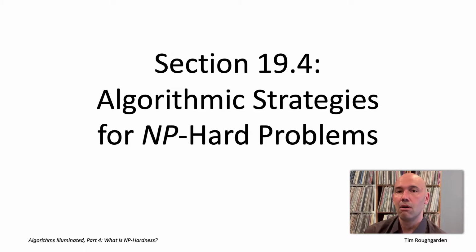strategies for NP-hard problems. So, suppose you've been working on a project, and a few weeks ago you identified the computational problem that's really intrinsic to the success of this project. Because of its importance, you've spent the last few weeks throwing the kitchen sink at it, but nothing seems to work. You've tried all the algorithm design paradigms you know. You've tried to speed things up with data structures. You've tried to hit it with for-free primitives, but still, no efficient algorithm.